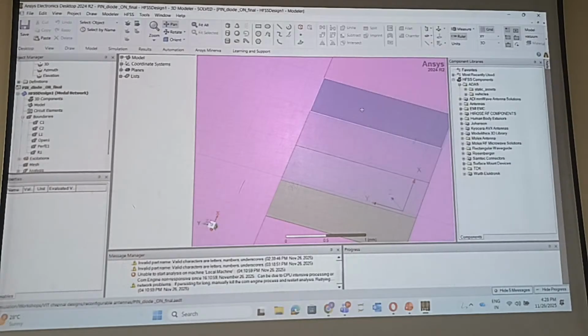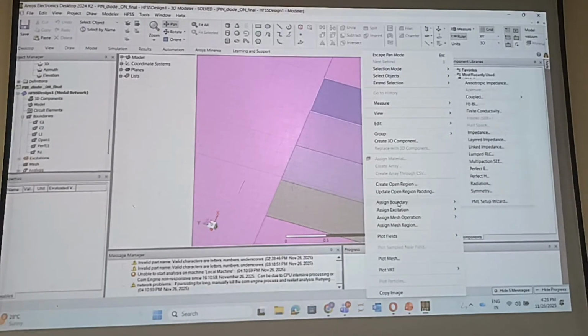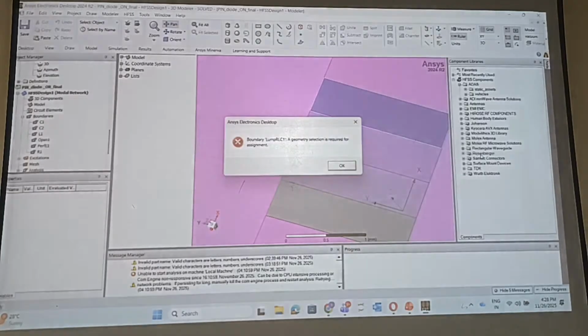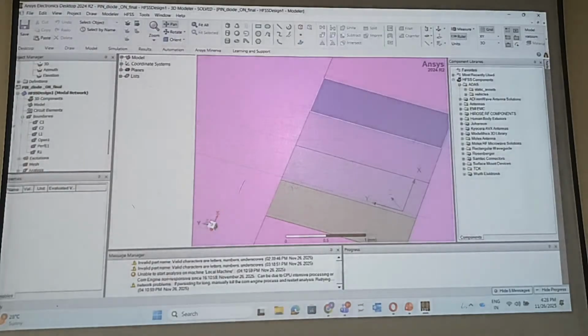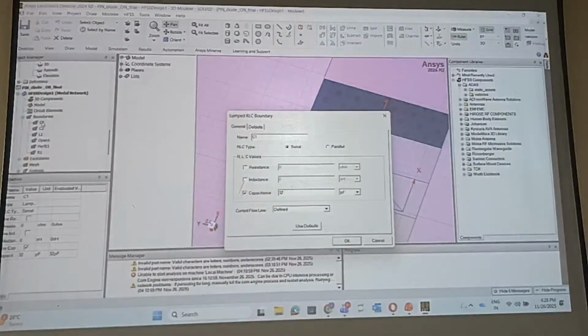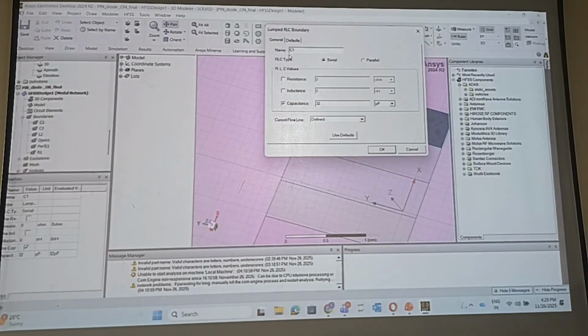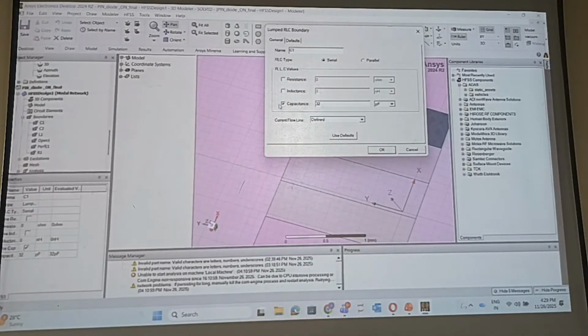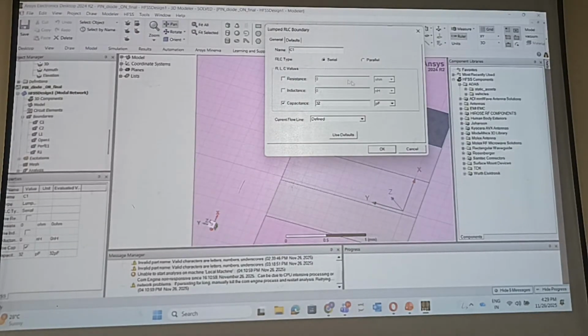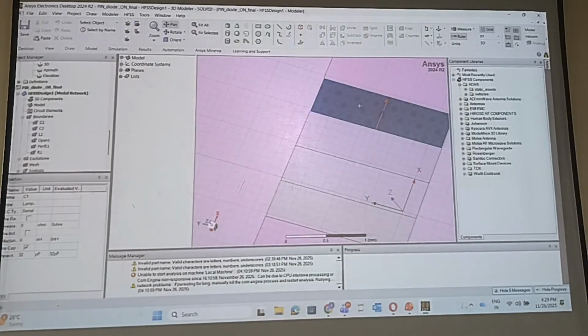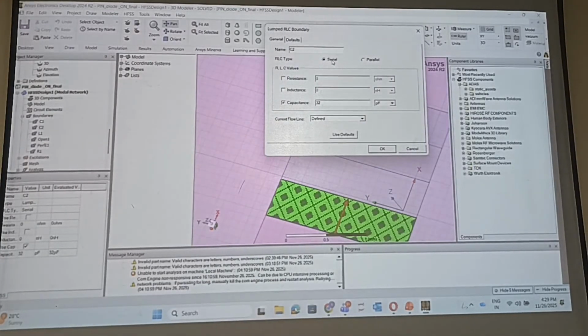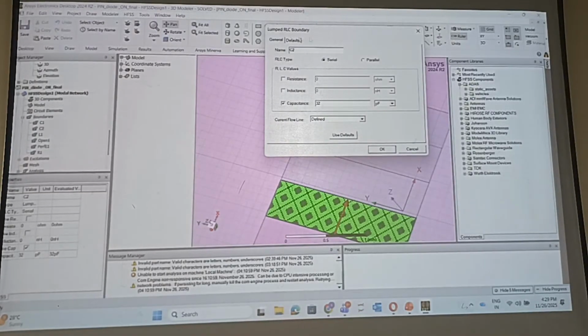So in the boundary condition, what we have to do? Right click, assign boundary, and lumped RLC we have to select. I already selected, that's why this error is coming. So you can see this is the C1. In that RLC boundary condition, you have to assign the particular component. So I have selected here below capacitor, that value I have given 32 picofarad, and it is series connection because diode is on condition. Similarly, C2, this is for C1, C2 also the same way, series, capacitance 32, and this is RLC boundary condition,